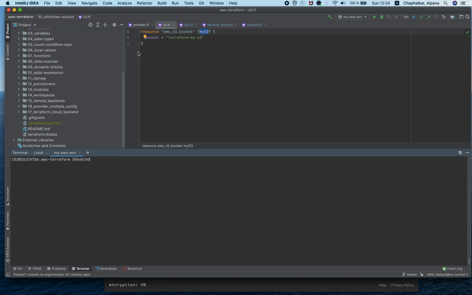There are some scenarios when there are resources which are manually provisioned. To bring these manually provisioned resources under Terraform management, there is a command called Terraform import.